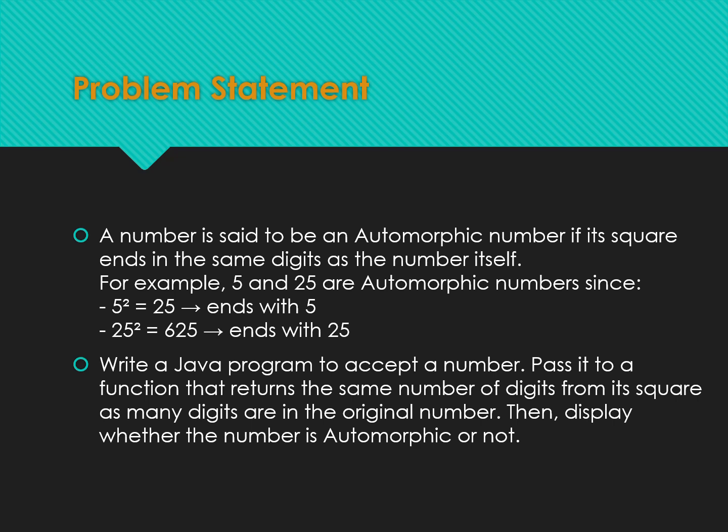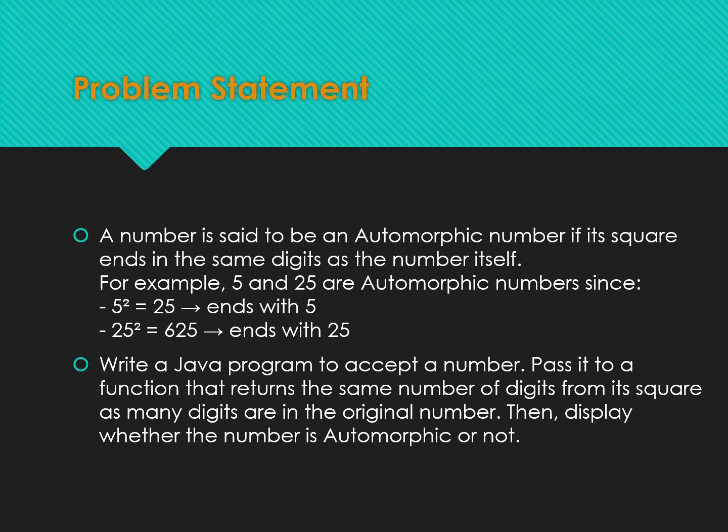Since 6 has one digit, we only check the last digit of 36, which is also 6, so 6 is automorphic too. But if we try 7, the square is 49, and it does not end in 7, so 7 is not automorphic. In this program, we will accept a number from the user, calculate its square, extract as many